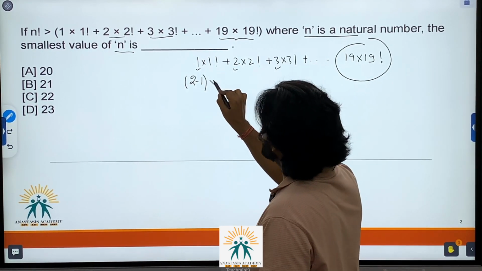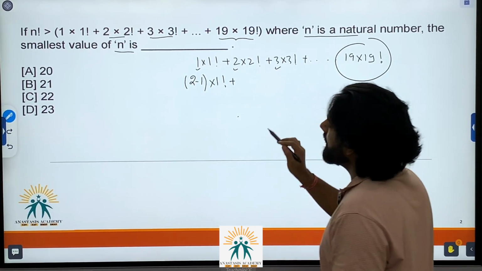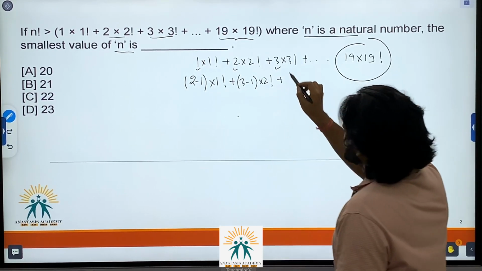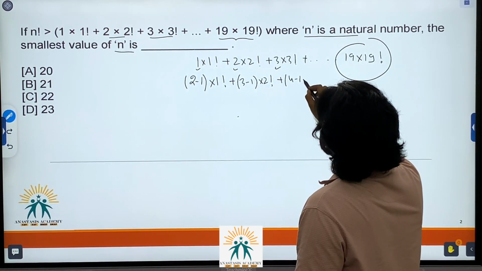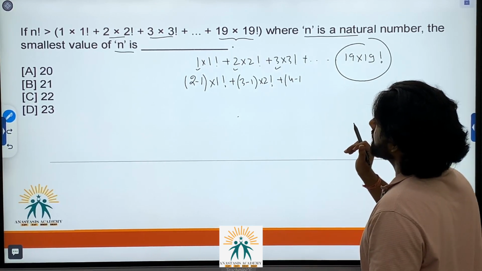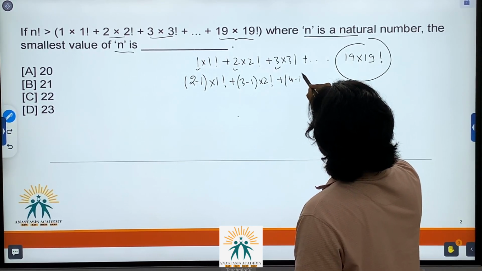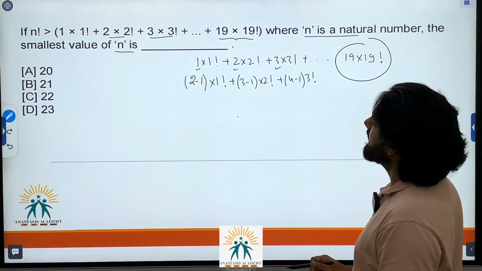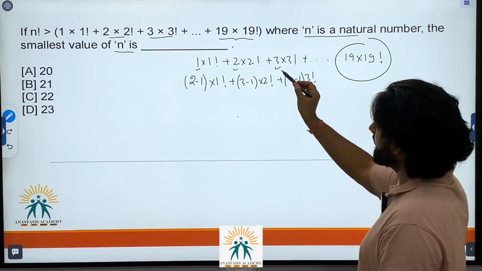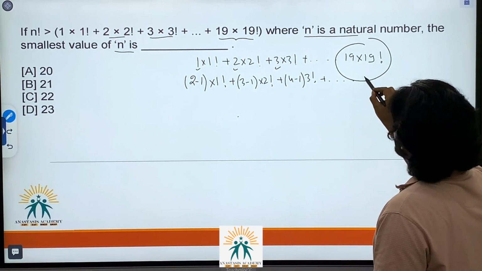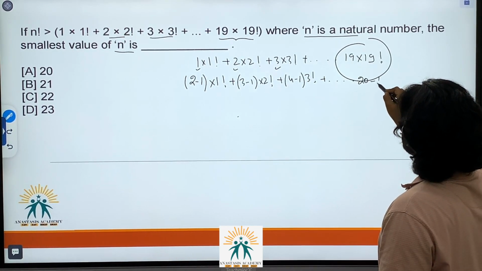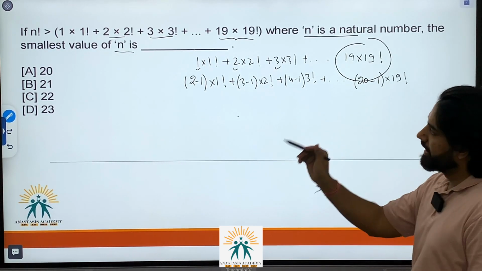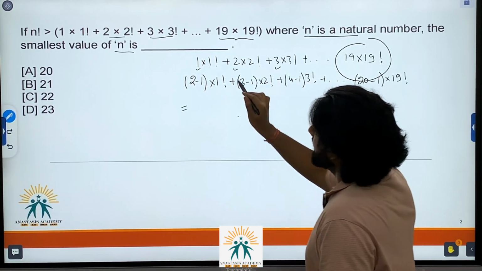2 minus 1 into 1 factorial, right? I can write 2 as 3 minus 1 into 2 factorial, plus 3 as 4 minus 1 into 3 factorial, right? So I can write these terms like this, and I can write 19 as 20 minus 1 into 19 factorial, right? If I simplify this expression, it becomes